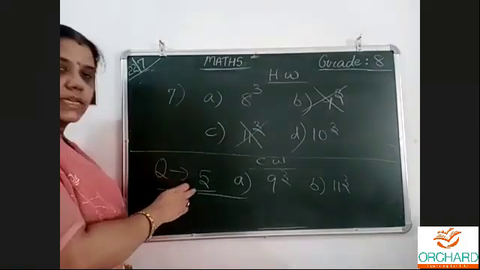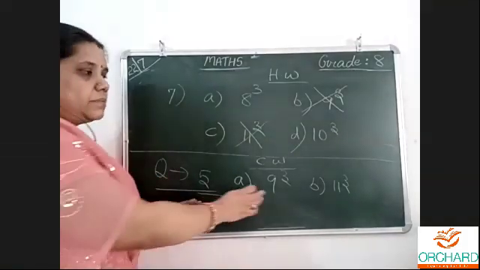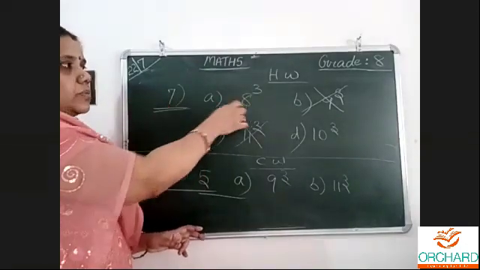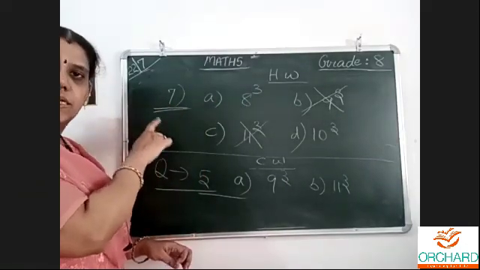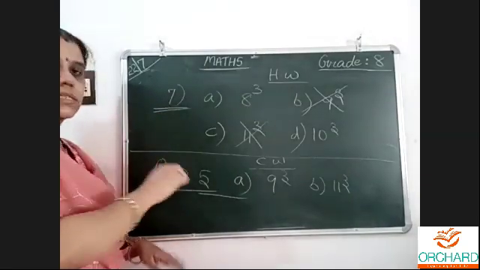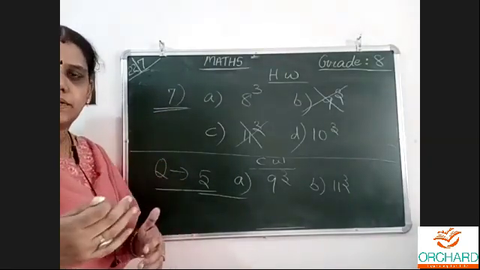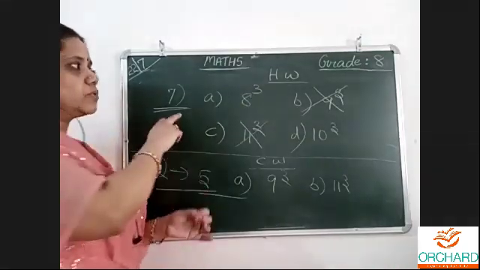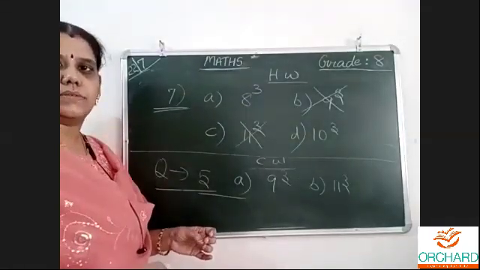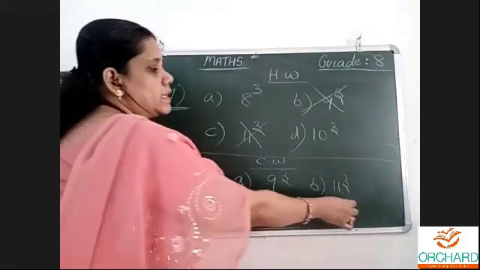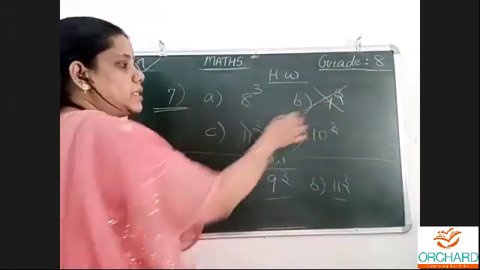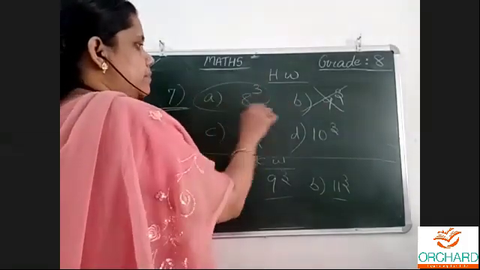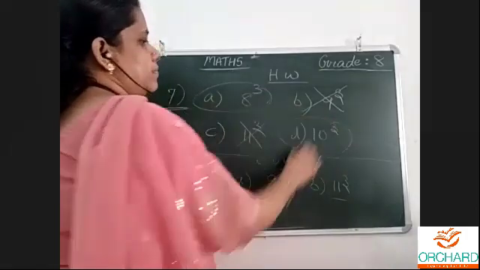The question is: write as a sum of odd numbers. That is also the same as finding the cubes without actual multiplication. The question only seems different, but everything is the same. Sum of odd numbers and without actual multiplication mean the same thing. So we completed this in the classwork. That number is only given again. So these both are finished. This is the homework sum.